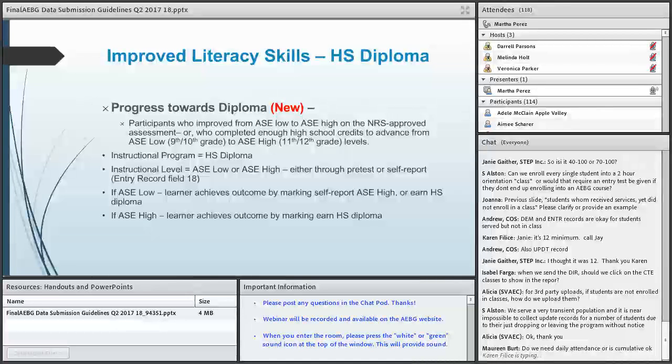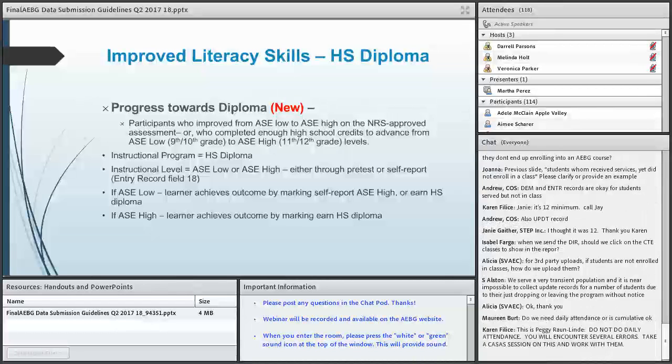Going on to the next slide, it says improve literacy skills for high school diploma. The progress towards the diploma, and this is a new feature here, requests participants who have improved from ASE low to ASE high as their instructional level, either who completed enough high school credits to be on the ASE low or on the ASE high level.